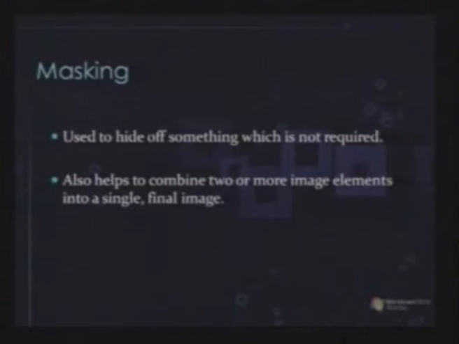Okay, so for example, we've been shooting a movie and there is a wire or maybe an extra piece of cloth which has been hanging somewhere in the shot, and now we can't go and shoot it again because it is a very expensive project. Right. And again, when you're shooting, a lot of procedures are there. Cost has to be taken care of. The producer is not going to spend so much money. For that, masking can be very fruitful because it can take that unnecessary element out of the scene and you can incorporate something new in it.